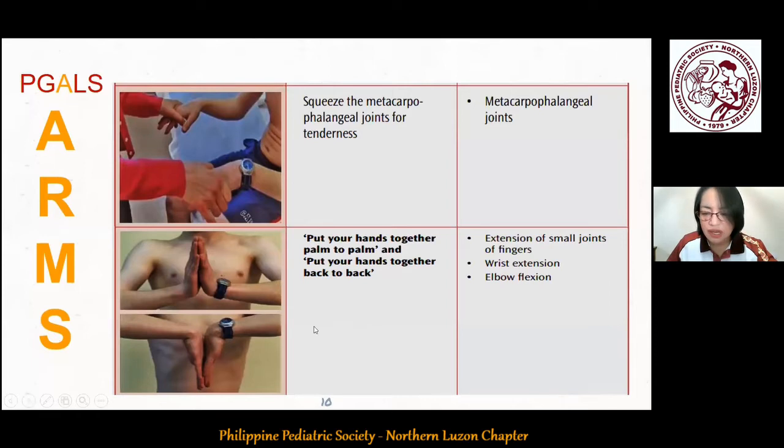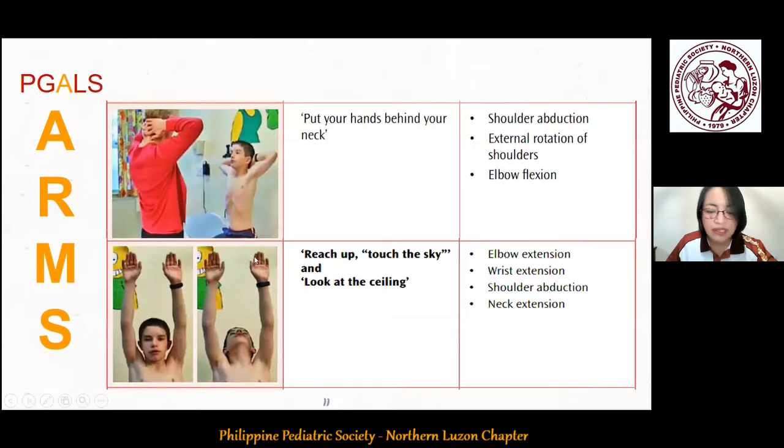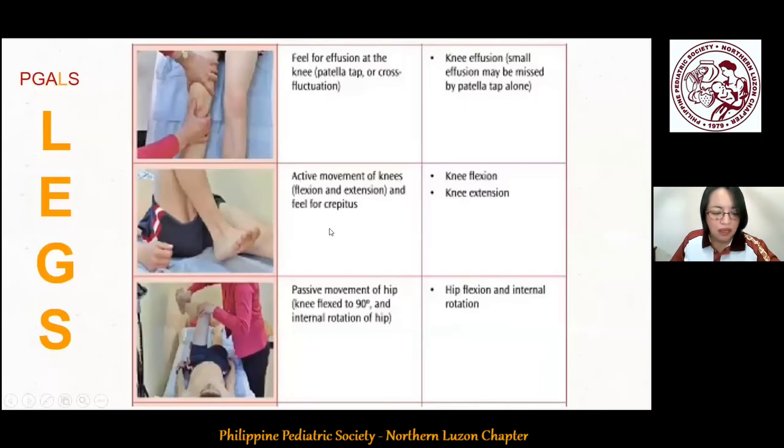With the second image here, we are able to assess the joints of the fingers, the wrists, at the same time, the elbows, all at the same time. So we will be able to elicit any tenderness or limitation of movements in any of these areas. Okay. So the appearance and the different ranges of motion are evaluated from the wrists up to the shoulders. Okay. The third is for the next is the legs, where the knee and the hip joints as well as the muscles are evaluated.